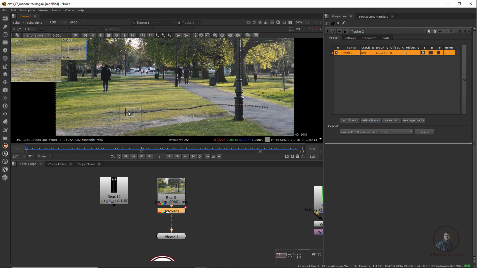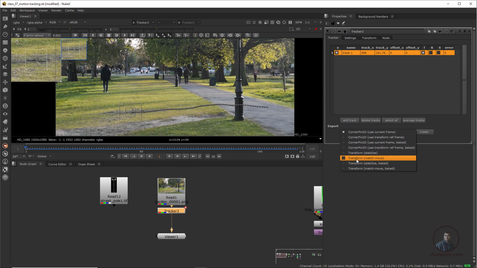We have to place an object into our shot. For this, on the right side, you will see this export option. From here we can generate corner pin, which is mainly used for 4 point tracking, and these are our match move data. This matches our motion, maybe position, position and rotation, or position, scale and rotation. You can also use this transform stabilization for stabilizing your shot. Here we have to use this match move data.